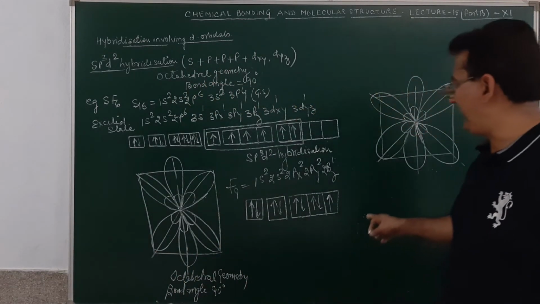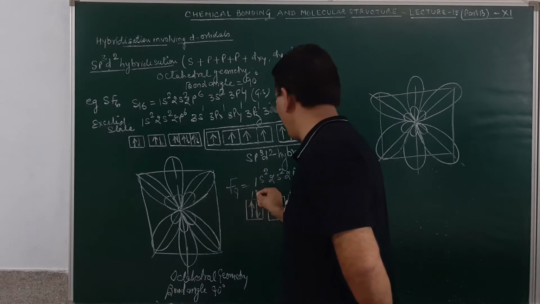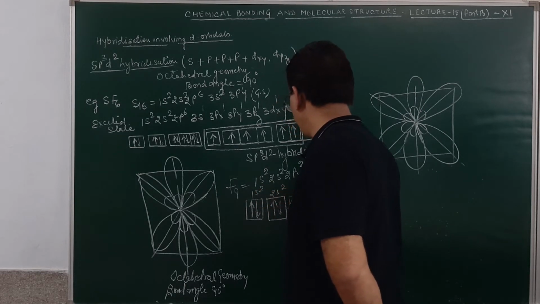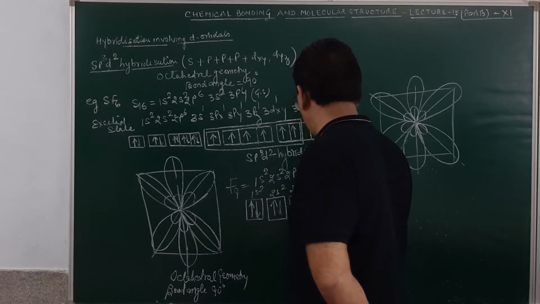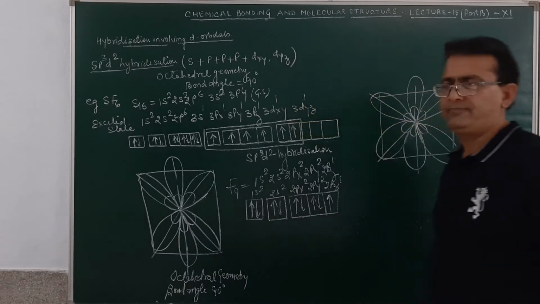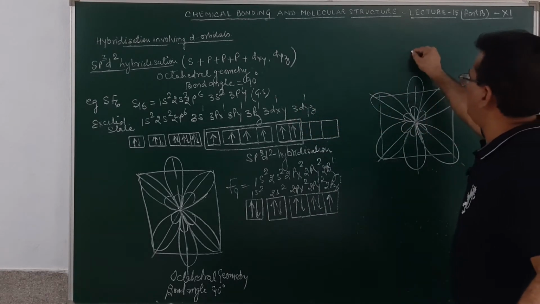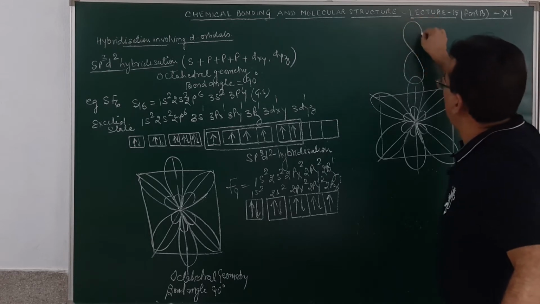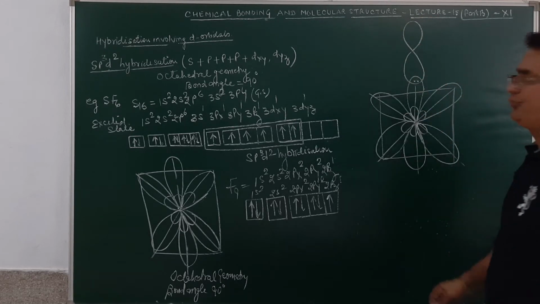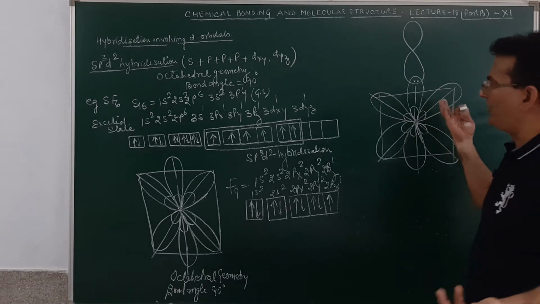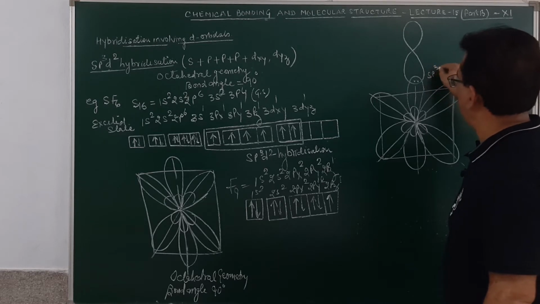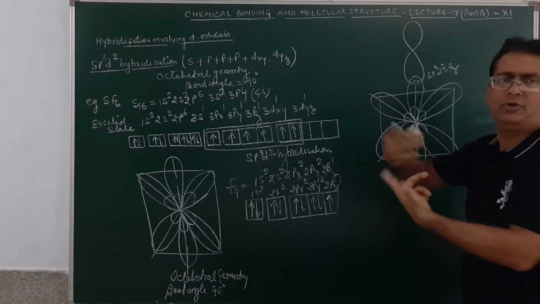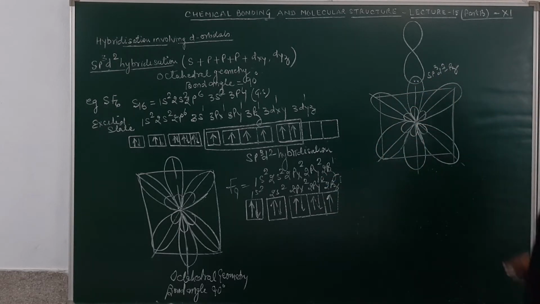How? This pz orbital will have a dumbbell shape. This is 1s2, 2s2, 2px2, 2py2 and 2pz1. Fine. This pz orbital will orient itself in a manner to form a sigma bond, to form a bond. And that will be, of course, head-on overlapping. So normally these bonds are sigma bonds. So this will be an sp3d2 and pz bond. It's a head-on overlap. So naturally these are sigma bonds. This has already been discussed with you.